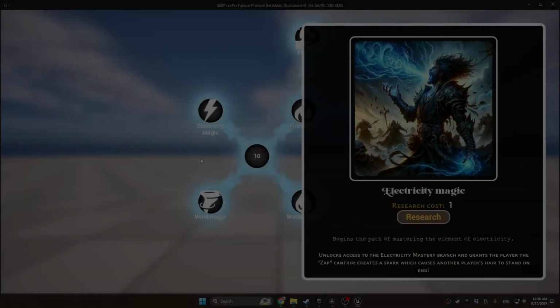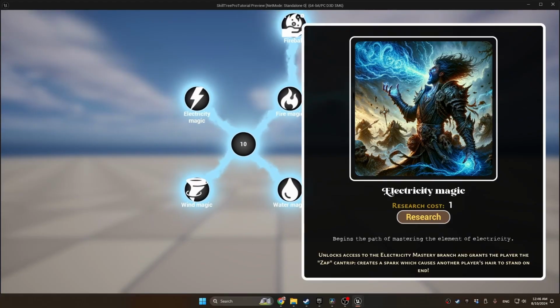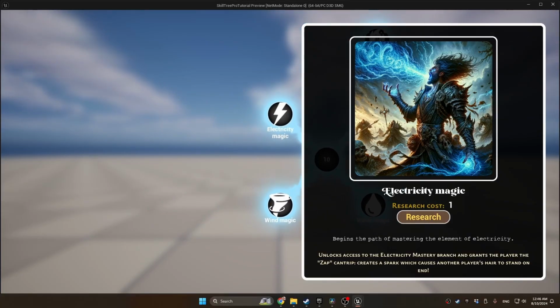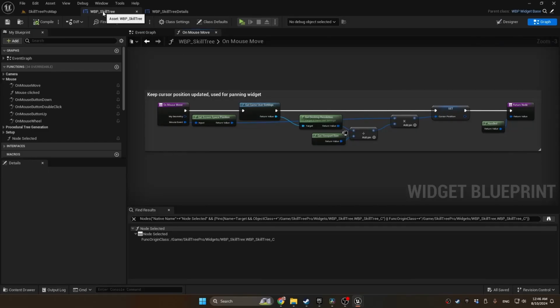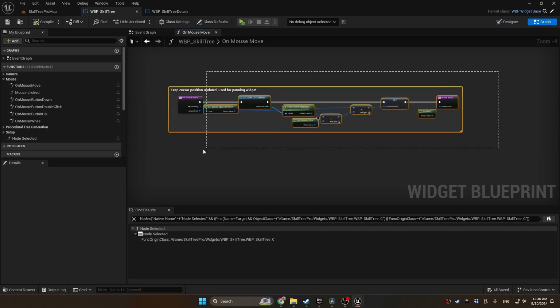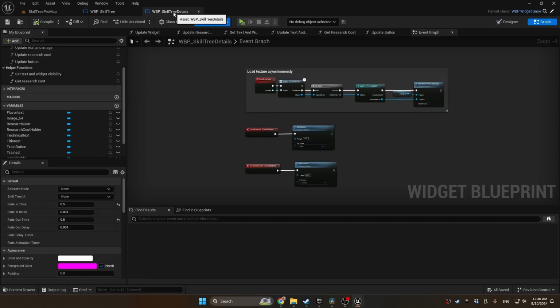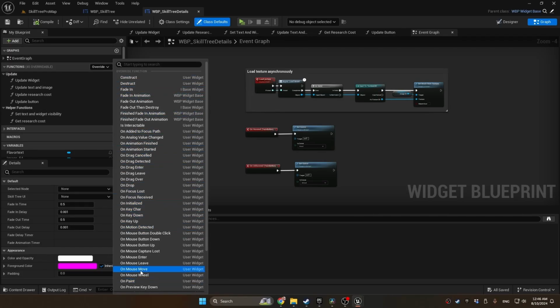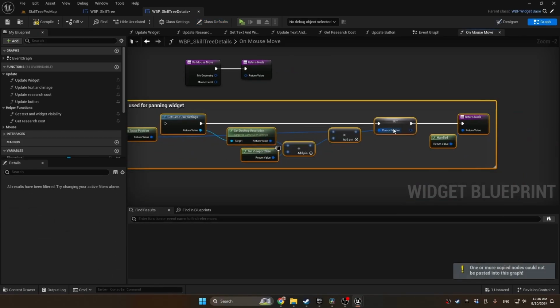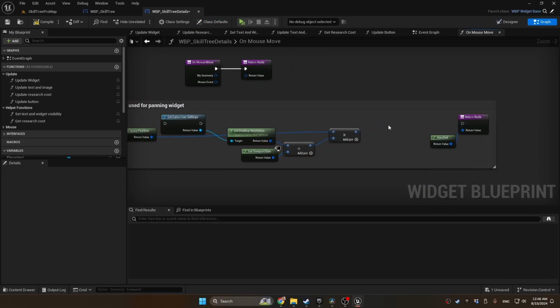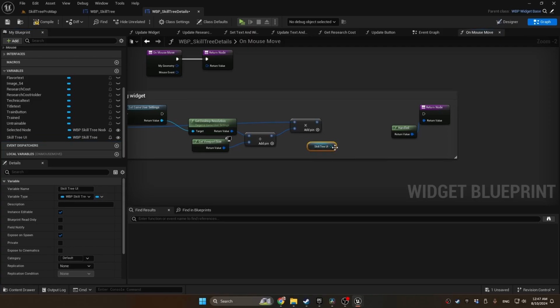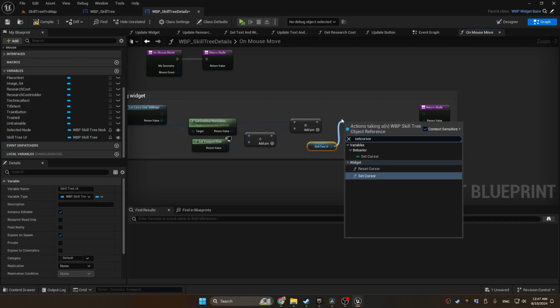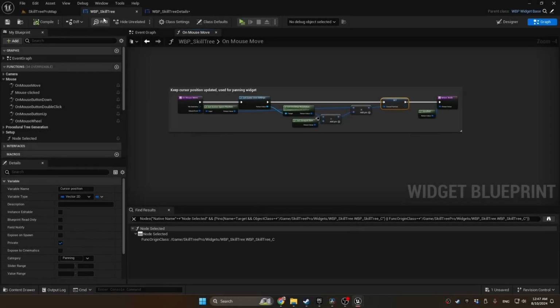And now when we click on our nodes, we see the updated pictures, texts, and descriptions, and everything is looking really good. And now one last issue we'll see is if we drag the skill tree over while the details widget is open, it stops when it hits the details widget. And the way we can fix that is in our WBP skill tree blueprint in the on mouse move function, we can copy all of it. And in the WBP skill tree details, we can override on mouse move, and we can paste it and delete this cursor position here, and drag in the skill tree UI, set cursor,